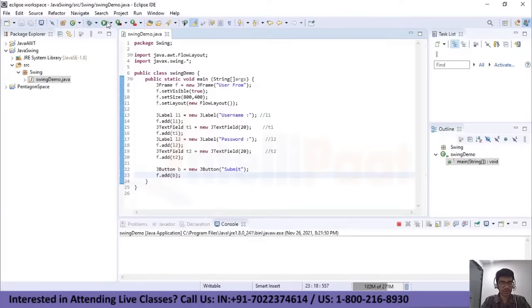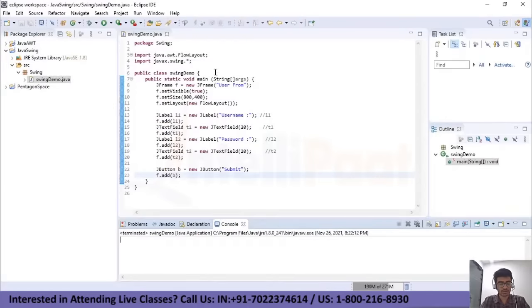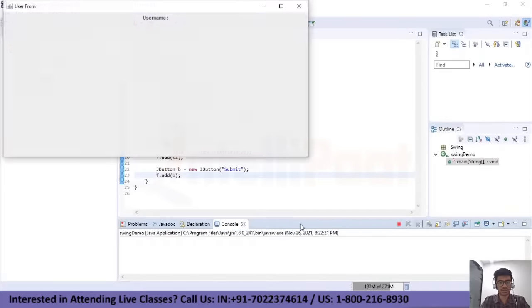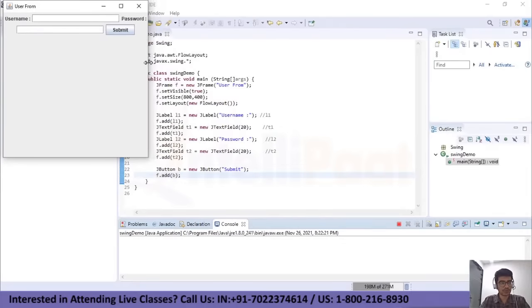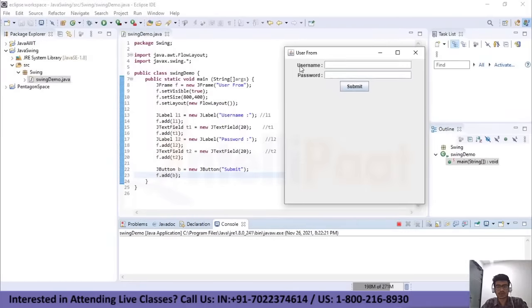If I just save this and run the program again, okay, I have not closed the previous instance, so let me just refresh it, save it, run it. Let me just resize this. Let me just show it to you guys. So we have completed coding our example, that is a user form, which has 5 components: